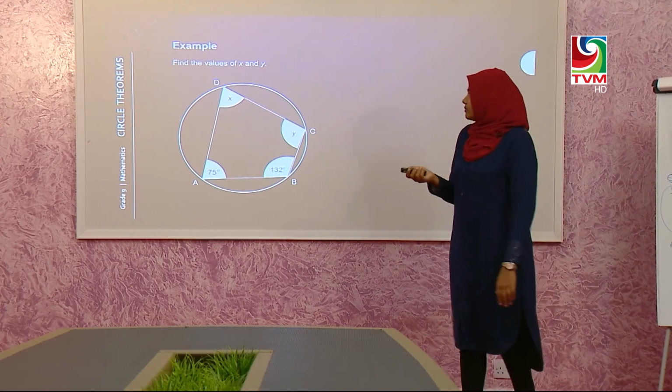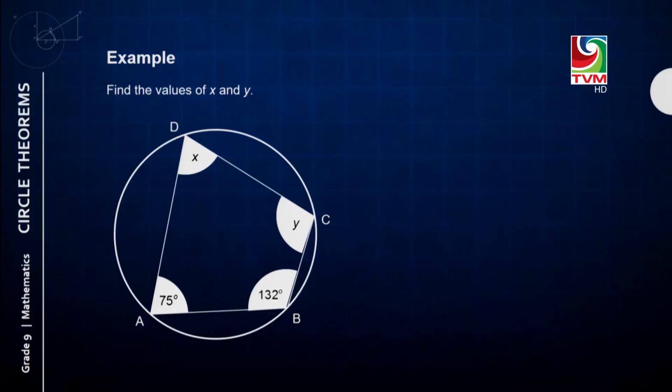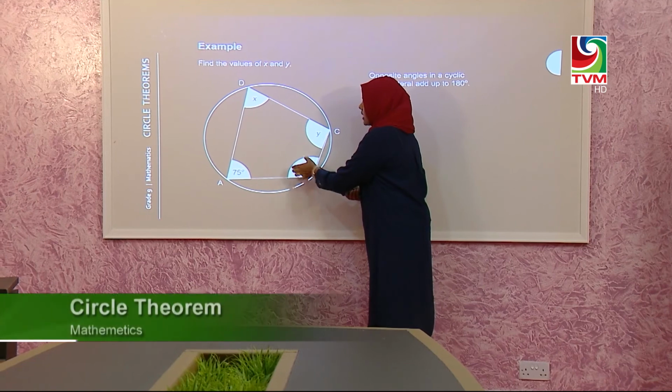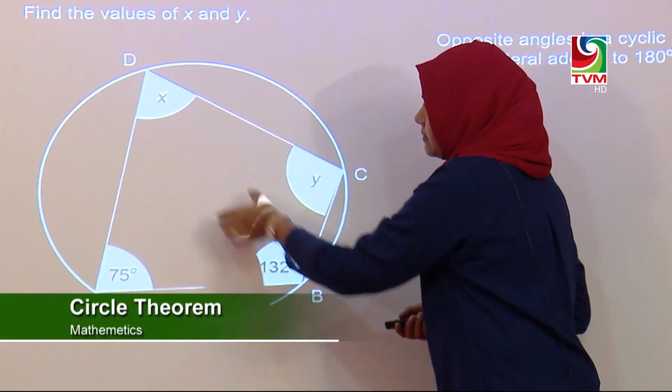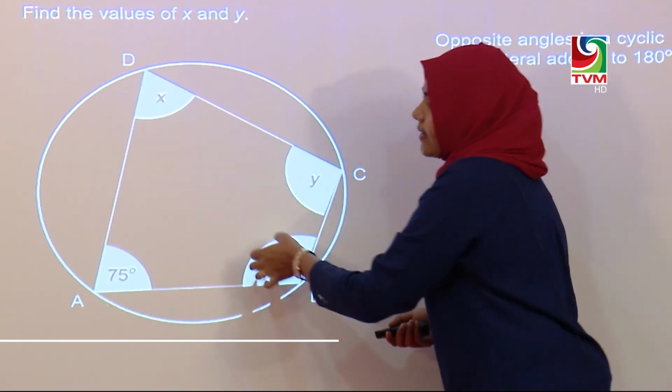Example. The question says A, B, C, D, you can see it is a diagram of a cyclic quadrilateral with angles 75, 132, y and x. You are asked to find the value of x and y. We are going to apply this theorem, that opposite angles in a cyclic quadrilateral add up to 180. So, that means 132 and x, when you add these two angles, it will be